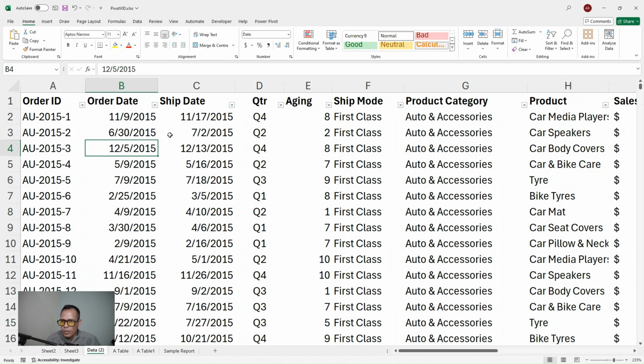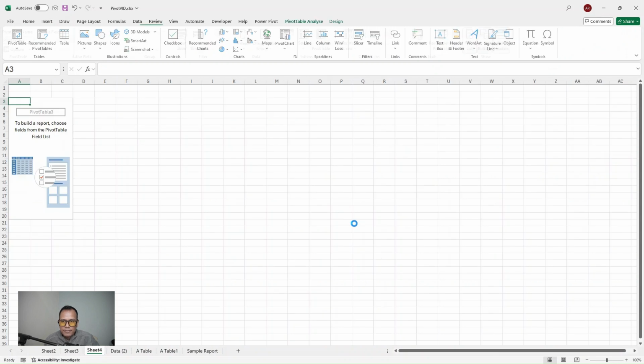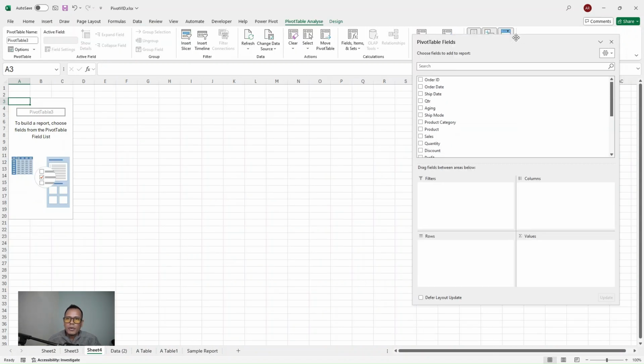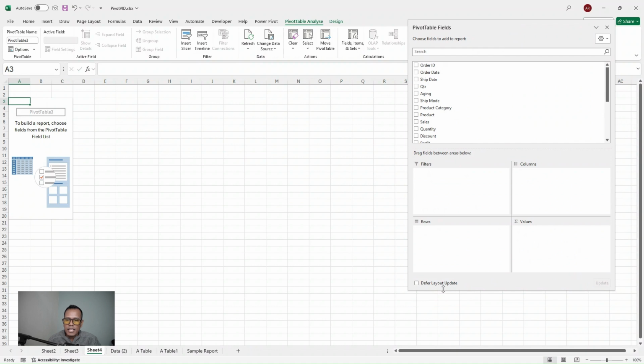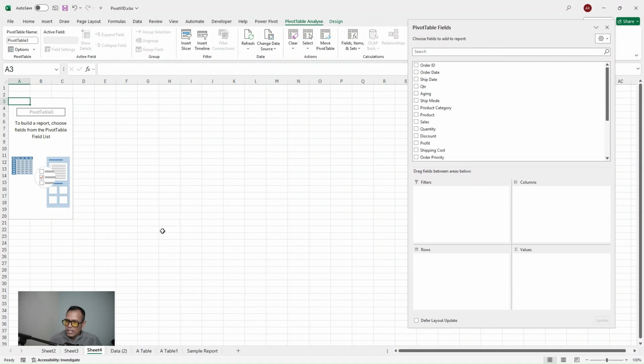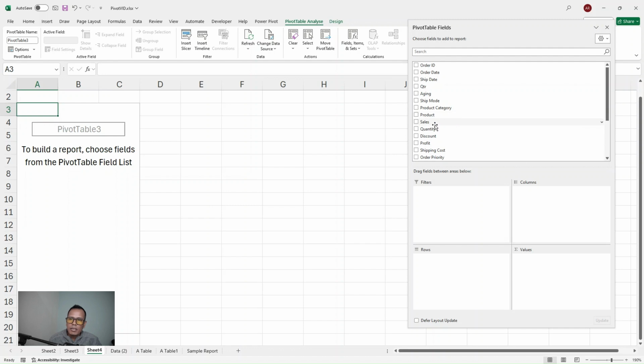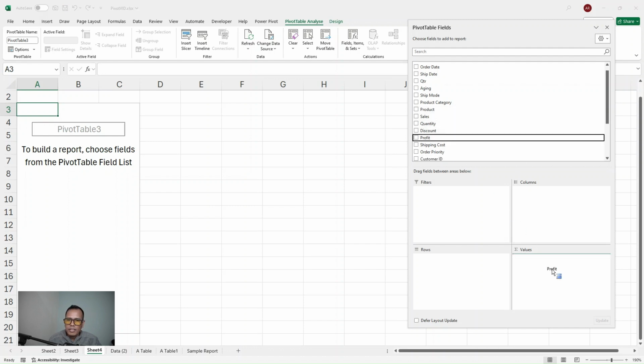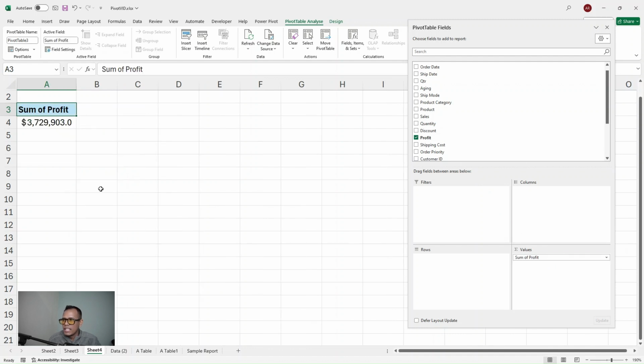Okay, now I'll just click inside the data anywhere and use the shortcut key Alt N V T Enter. This will take me to a new sheet where I can create a report. Okay. Now, first of all, I would like to drag and drop. Let us say that this time we are going to work with profit. I will just drag and drop profit, that numerical field, into the values. Okay. Against which I would like to see